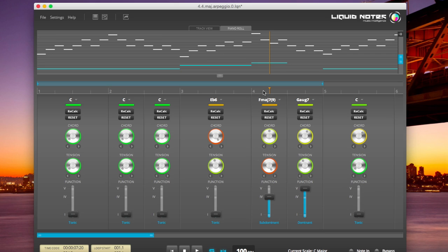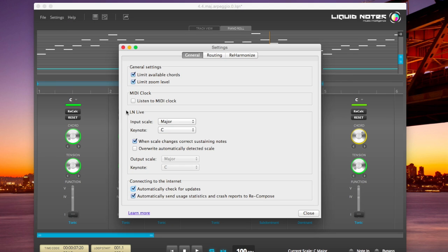But the other thing, which is about reshaping music and really giving it a special touch, is also that sometimes you want to improvise to your arrangement. Now, you can do this. This is a function that is called Liquid Notes Live, LN Live. And in the settings menu, on the general settings tab, you'll find this section here for LN Live, which allows you to define the input scale and the keynote. As well, if you want to overwrite the automatically detected scale, you can set an output scale and keynote